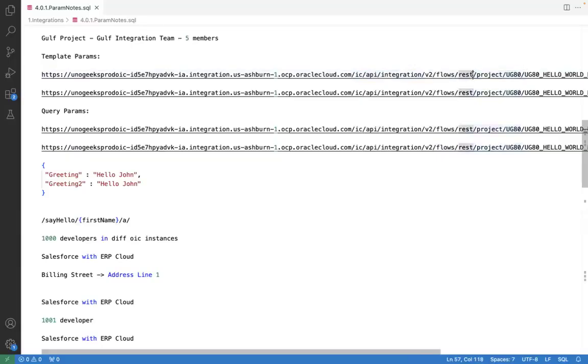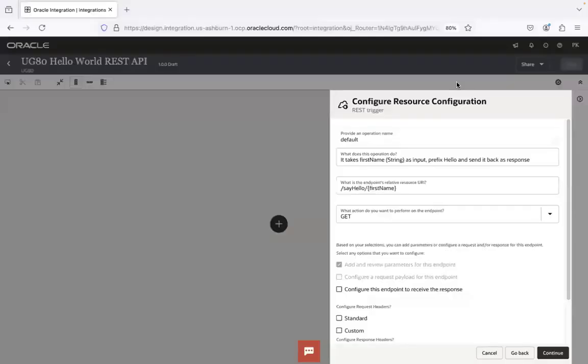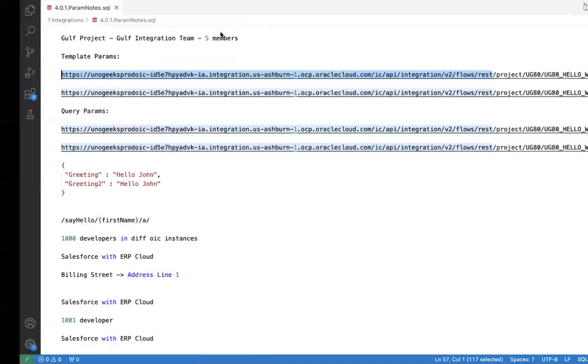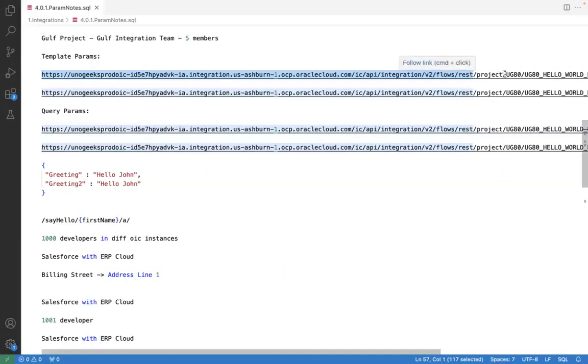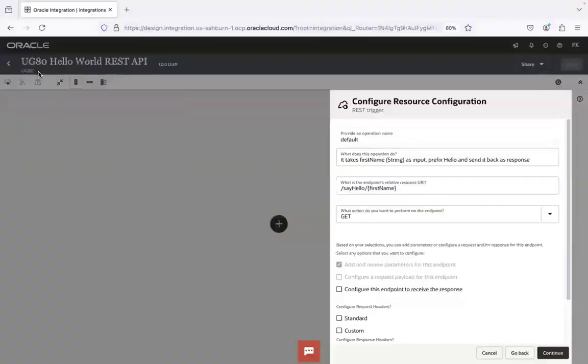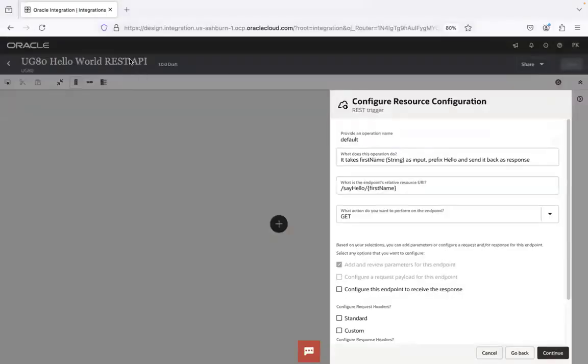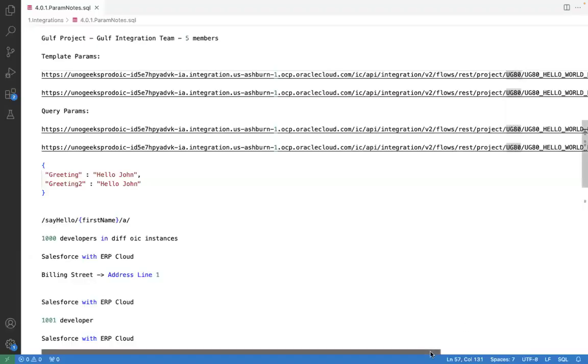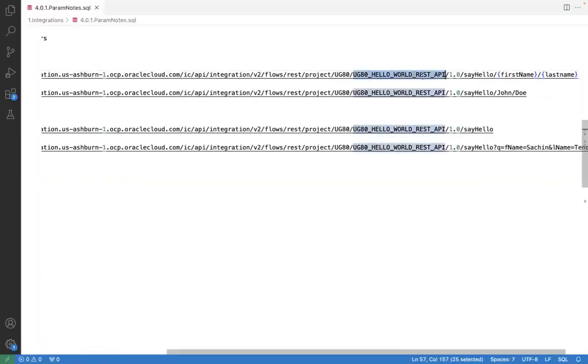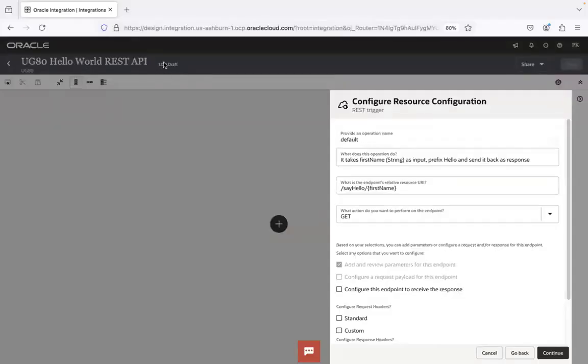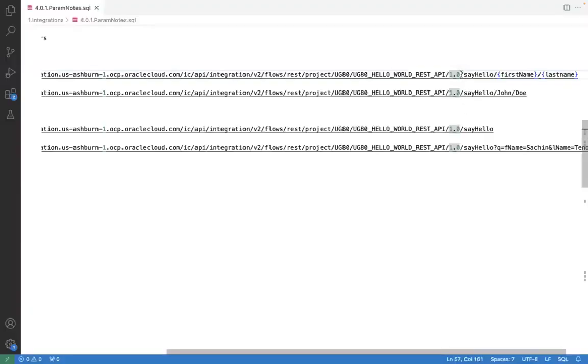Until here, whatever path I have highlighted is a common prefix for any REST API you build. Any REST API you build in this OIC instance, this would be a common prefix. After that, you have a project and a project name. And then you have the integration name, followed by the version number. And at the end of the version number,